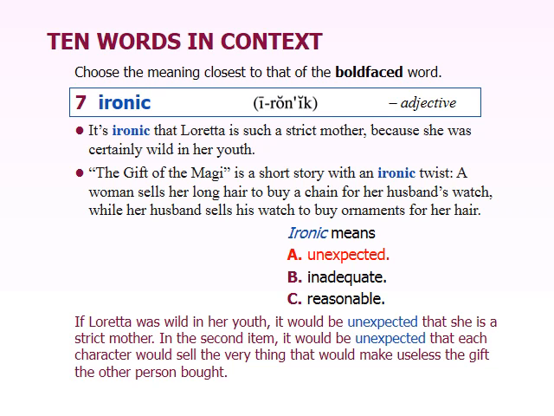She's actually very strict. In the second example in this story, the short story, which is actually a very famous short story, the ironic twist is that the woman is selling her hair to get her husband a watch, but the husband doesn't have a watch anymore because he's selling his watch to get stuff for her hair, which he doesn't have. So the irony there is that the thing that they're trying to do, they're not able to accomplish.